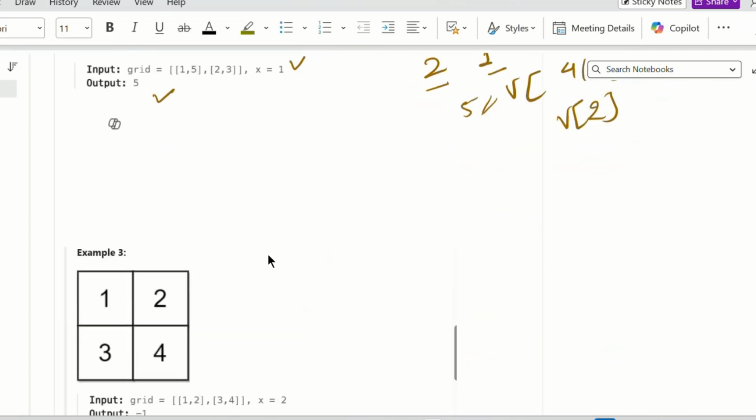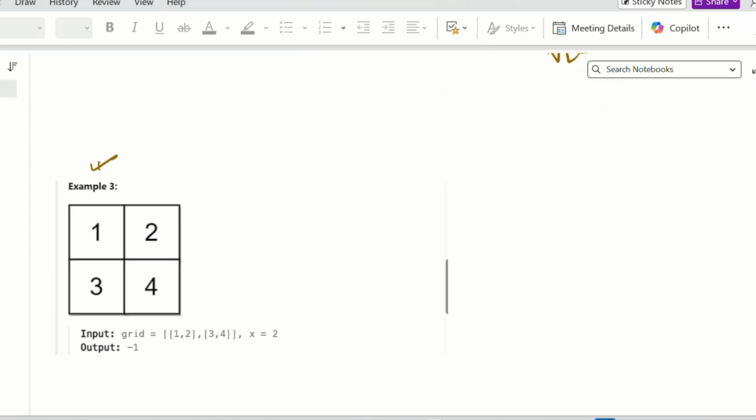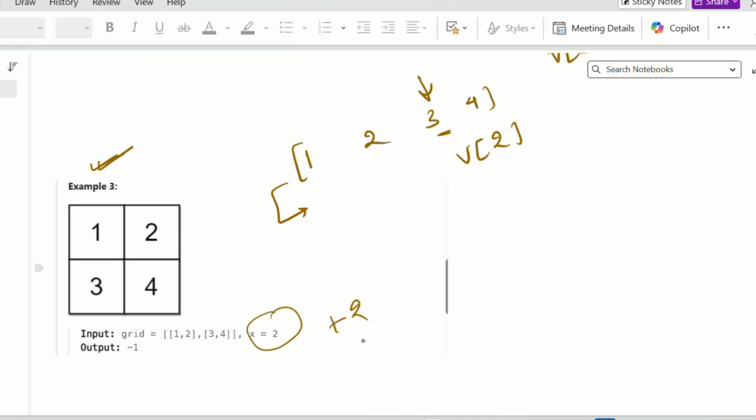This example is important, because if I store it in a vector and sort it, it is already sorted, so we don't need to do anything. If I find my median, the median will also be V[2], which is this element. And if I try to make every value equal to this 3, and I can use only plus 2 and minus 2, then for 1, to make it equal to 3, I can add plus 2. So 1 operation is needed.